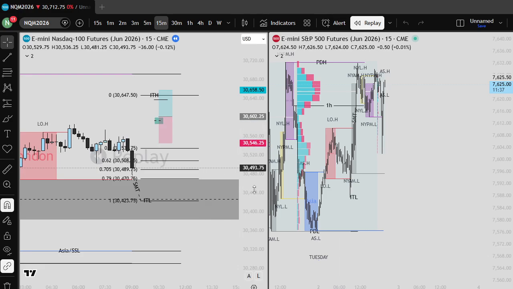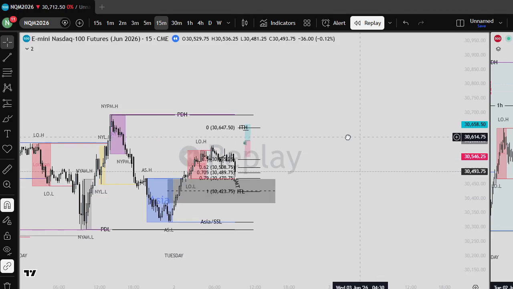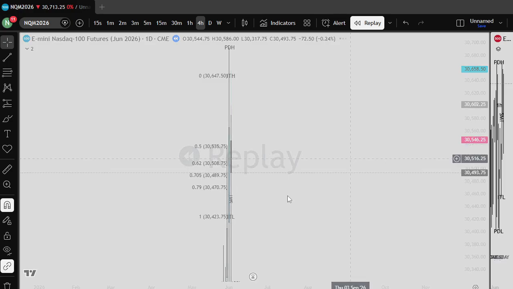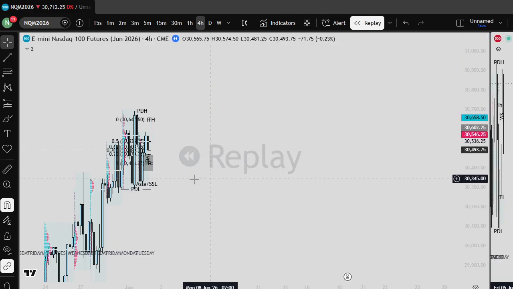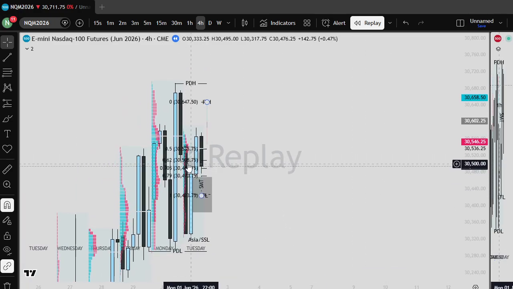Cool. So coming into today, overall, I was leaning a lot more bullish than bearish. The reason is that we are at all-time high conditions. We inverse this 4 hour to the upside here. I don't want to get rid of my drawing so you can see, but there's a 4 hour gap